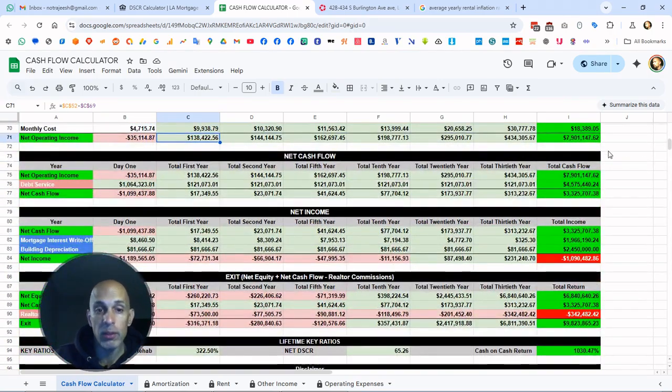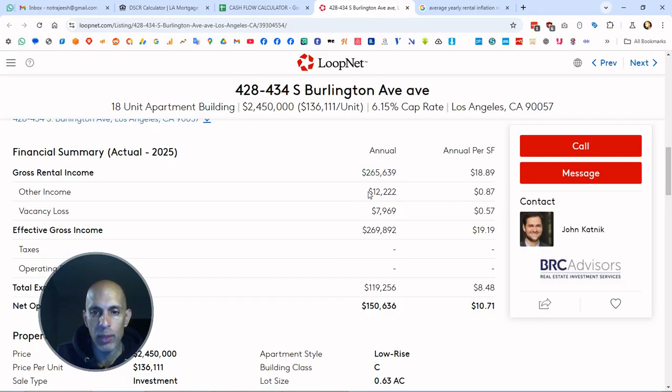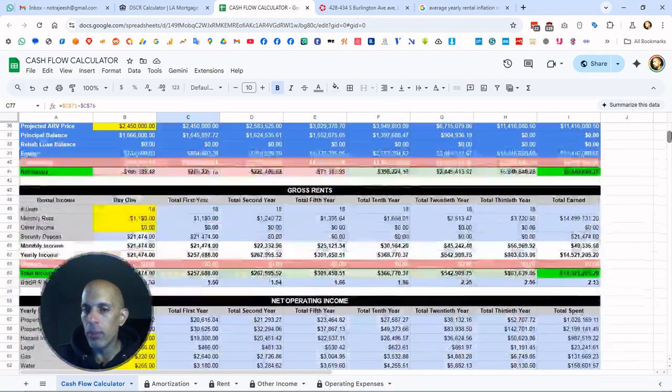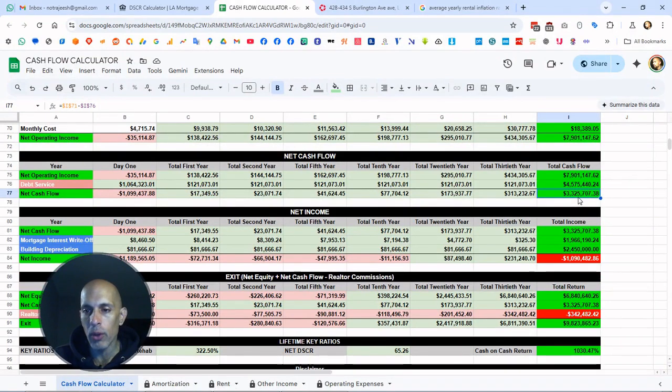Our net cash flow with 0 vacancies, or rather using the same vacancies as this minus this without counting this, we're at a net cash flow of $17,000 from year 1, which is pretty amazing. That's pretty good. And if you were to just let it roll, not change anything about the building, and just hold tenants accountable and keep raising the rents 4% per year, after 30 years, your net cash flow pre-taxes is